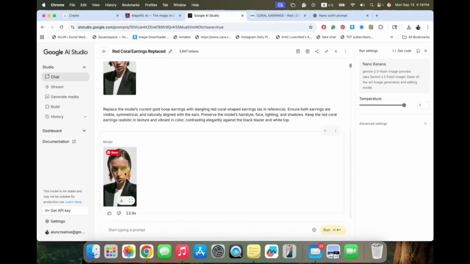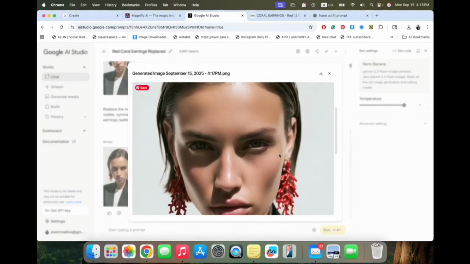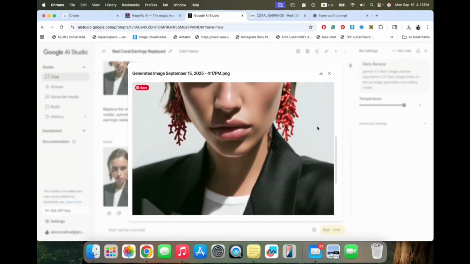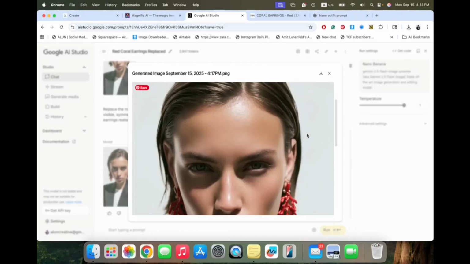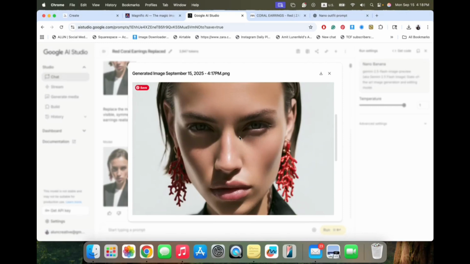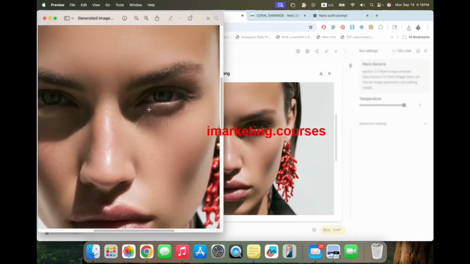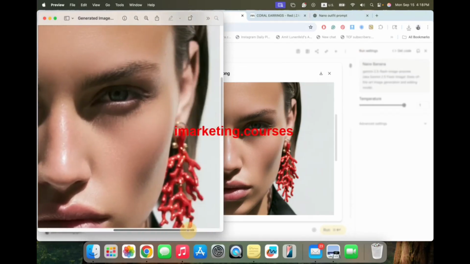Okay. Oh my God. It surprises me every time. Look how it made the shadow, how it looks part of the image. Again, of course, the skin texture doesn't look quite realistic. We just take it into Magnific and it will make it look more realistic, but still, this result is crazy.